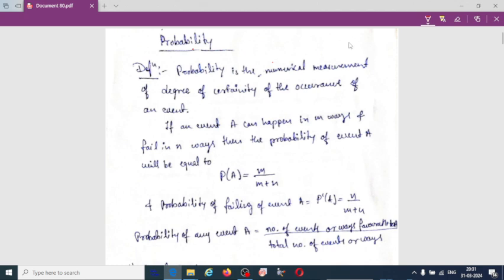In this video I am going to explain another topic from mathematical methods of physics, that is probability